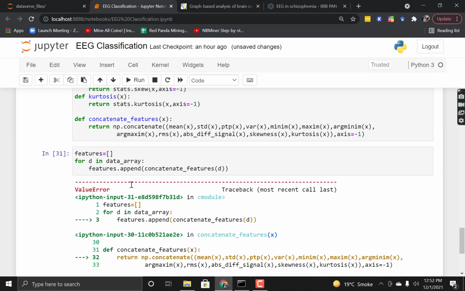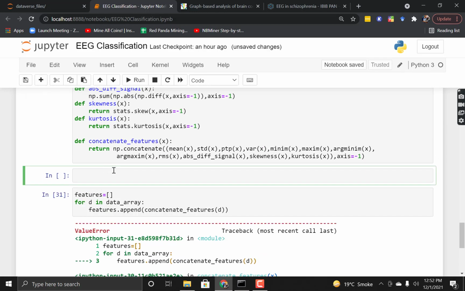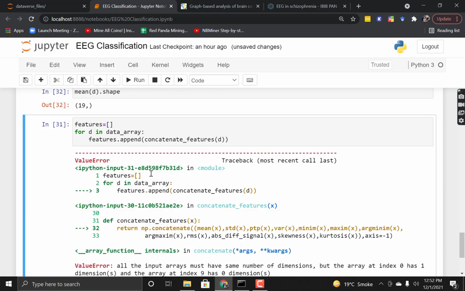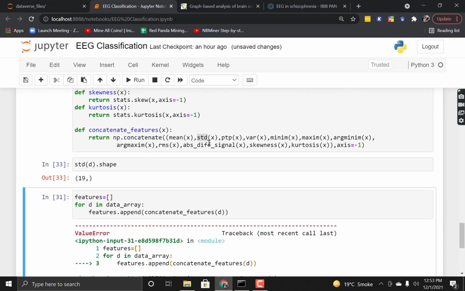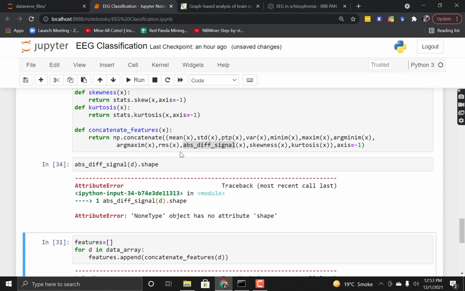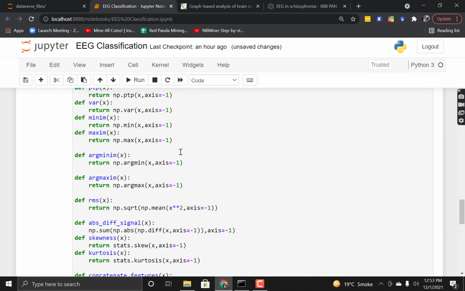So let's check randomly for some values by passing d, to see what the shape is. Mean shape is 19 and then standard deviation shape is 19. Okay, this one has a different shape, the absolute difference might be. Okay, I forgot to return this.